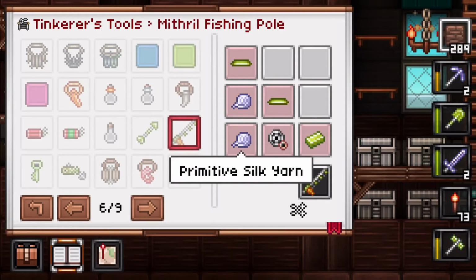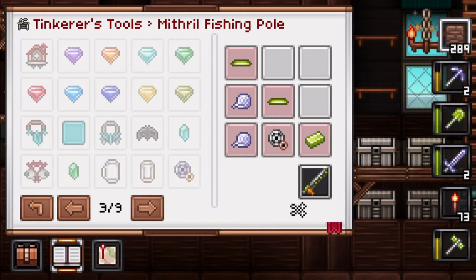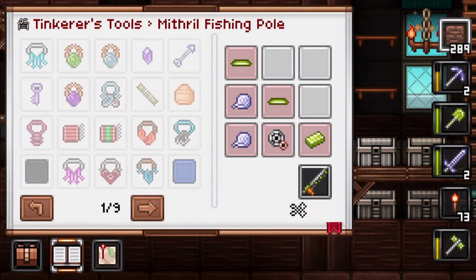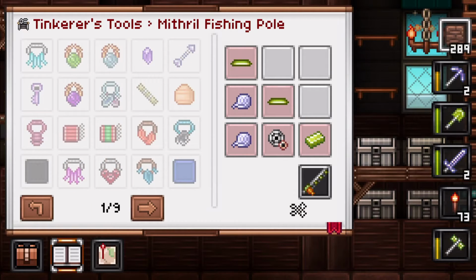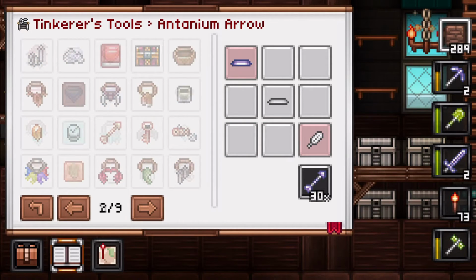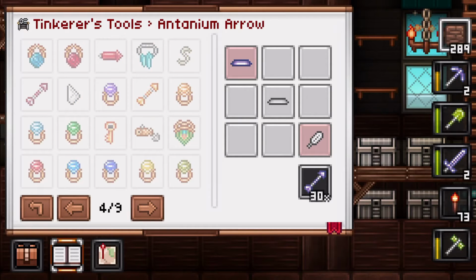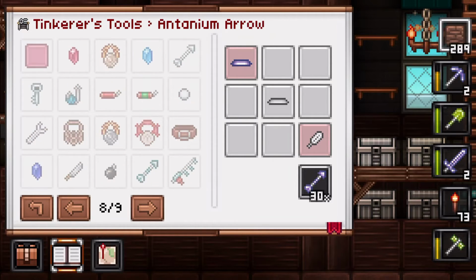Ooh, I might have some primitive silk somewhere. Let's see here. Antanium would be closer to the beginning. Can you not make an Antanium rod, actually? Because it should be up in the front with these guys. Maybe you actually can't make an Antanium rod. Interesting. Okay, it doesn't look like you can make one, unless it's called something else that doesn't have Antanium in